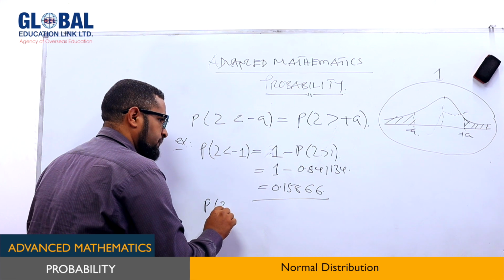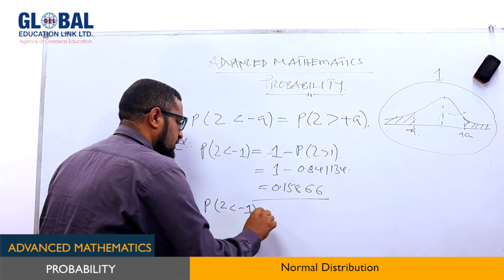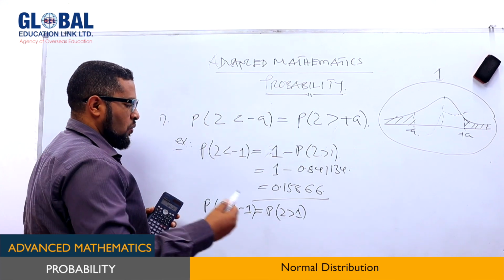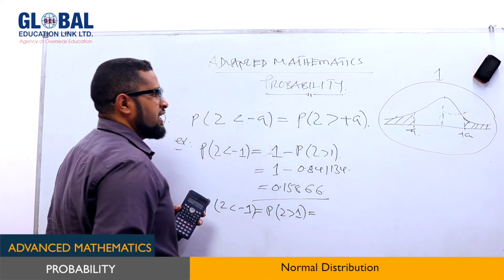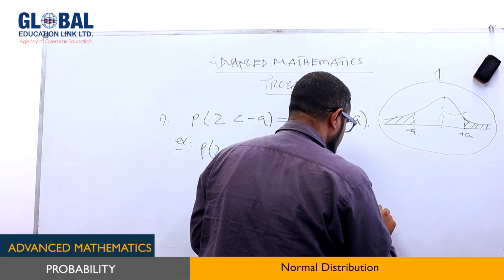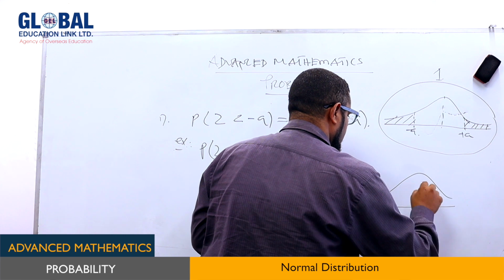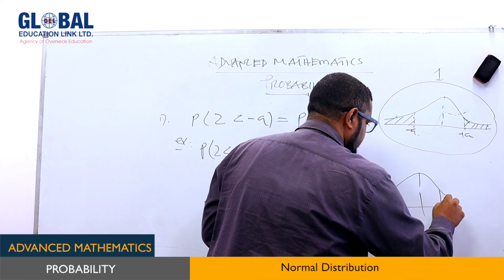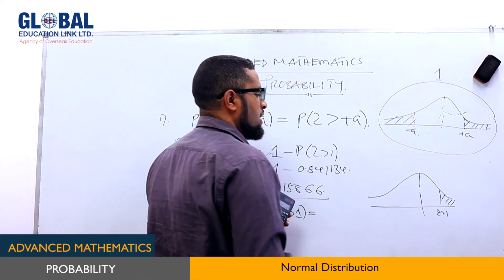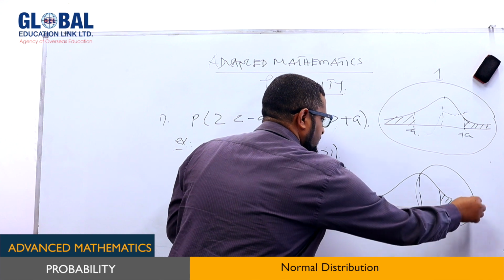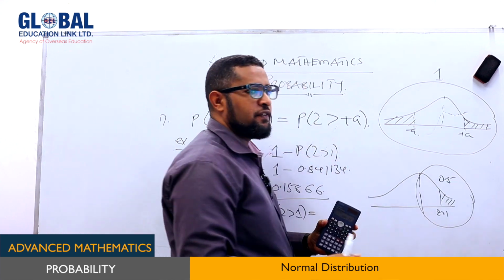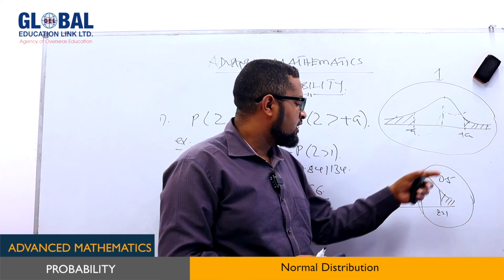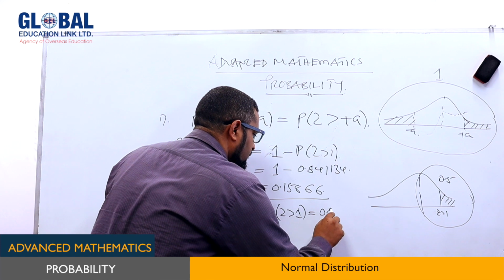But also you can use the fact that the probability of Z less than negative 1 is equal to the probability of Z greater than 1. What does it mean? When we say greater than 1, if we redraw the curve, this is Z greater than 1. It means that area. But remember, this part is equal to 0.5, the area in that part. So to obtain this, it's the same as taking 0.5 minus